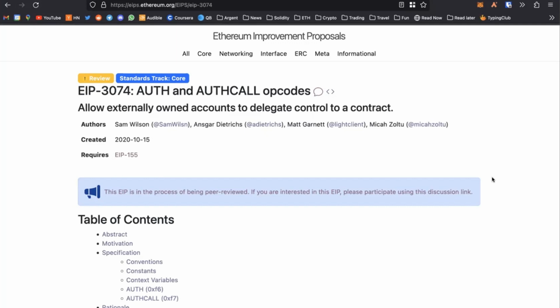Devs kind of have to accept this different mentality and way of building. But at least, with Era and native account abstraction, it's easier to get there. Yeah, thanks for the docs. Cool.